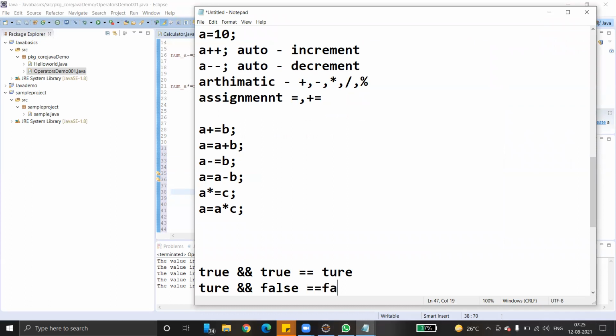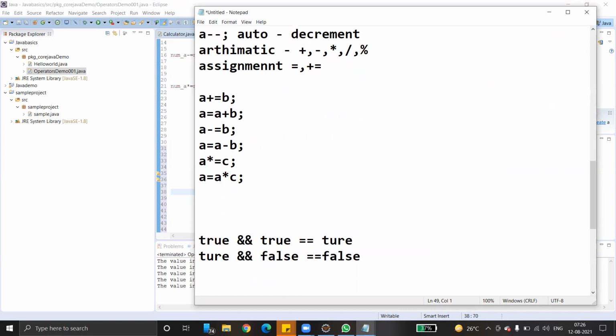False. Yes. Even if any one of the values is false, the AND operator, basically the logical operator, returns false only. Then coming to the OR symbol, true OR, this is the OR symbol. So OR means any one of the conditions should be true. That's all.